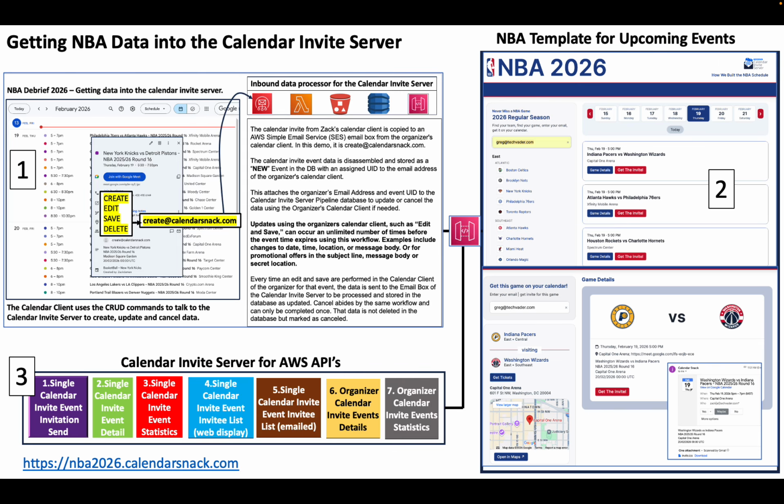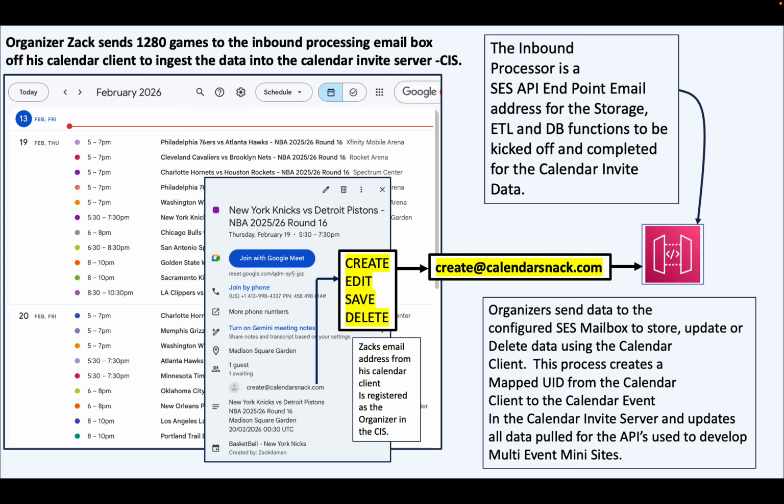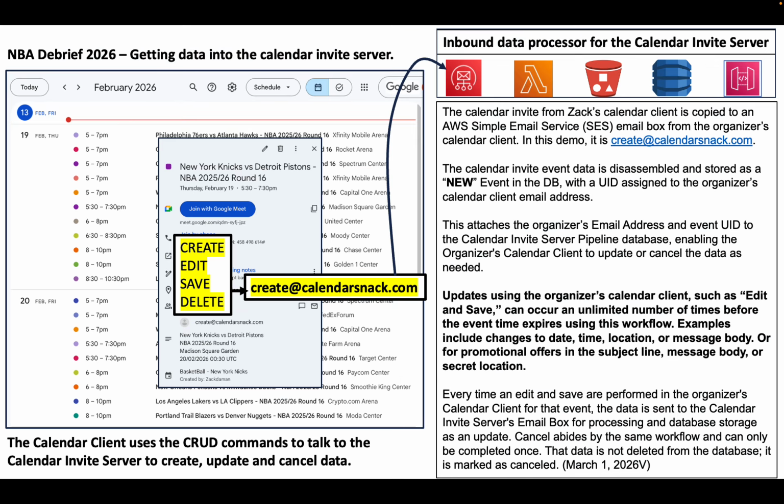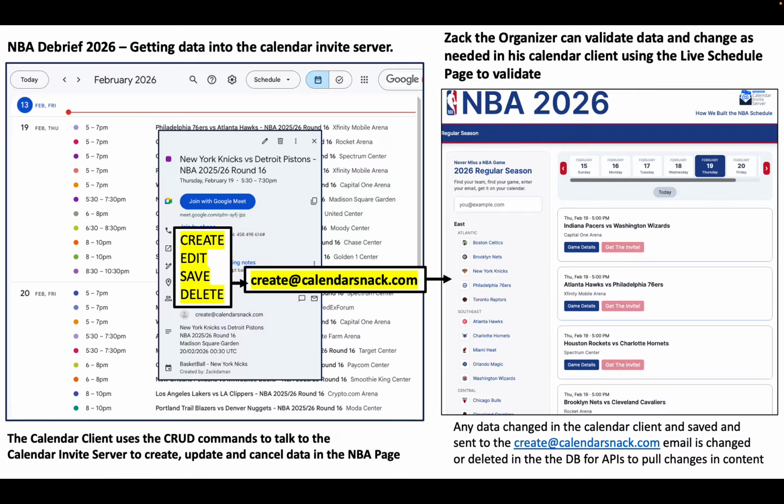This is the other page here. This here was a custom page, but we ship this custom page engine. Again, it's really simple to use. There's a custom page, there's our stock pages, same visualization. Again, we're gathering data from the individual calendar invites. And if somebody was to send an update out, the update engine would update anything on these pages. So if you edit your original calendar invitations off your personal Google or Outlook calendar, that data is piped to these pages and downstream to anybody who's gotten these events themselves.